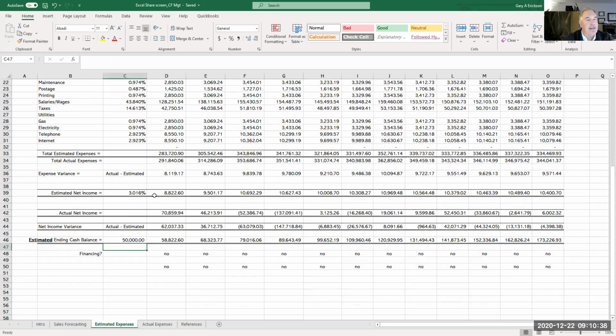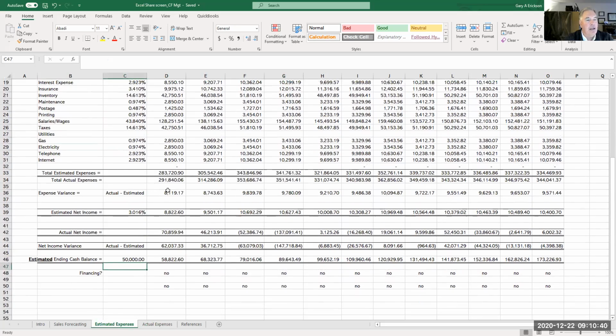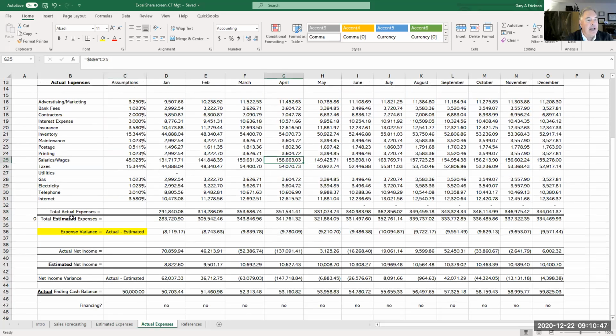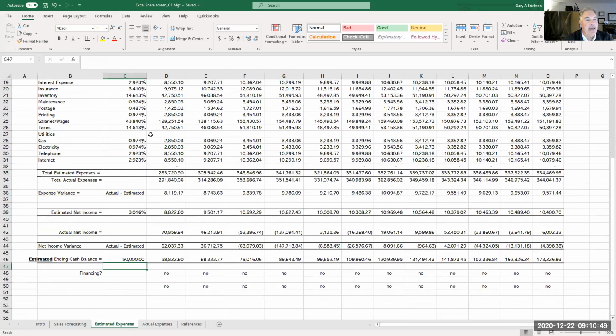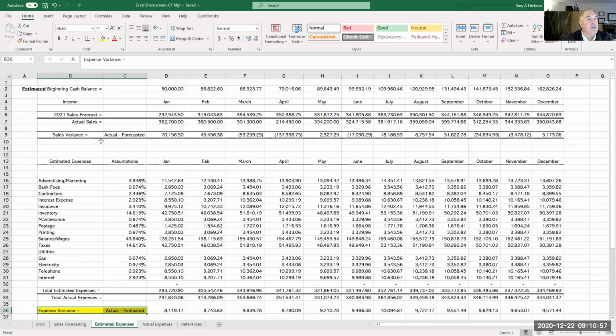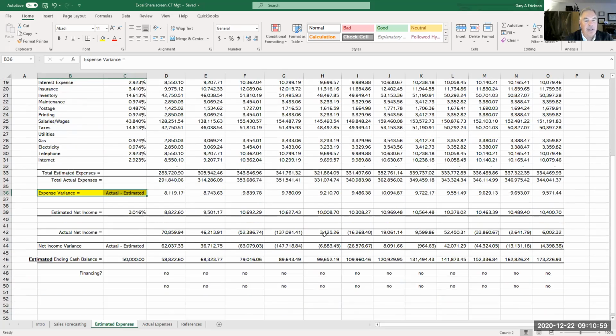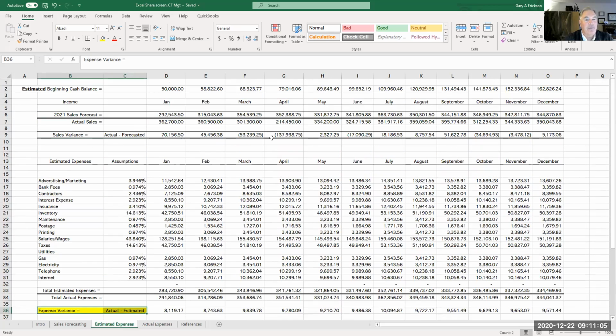And I do the same, and it's kind of redundant, but I come back here and I do the same thing here. I just reverse the order, estimated over actual. And over on this side, it's actual over estimated. But again, it's that variance I'm looking for, because I want to know why there's that big of a difference, something that really stands out. Let's see if there's one here. Well, again, it's all about $10,000. But up here, the variance there,